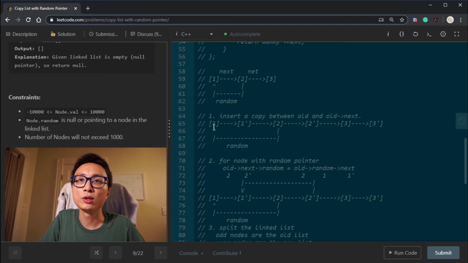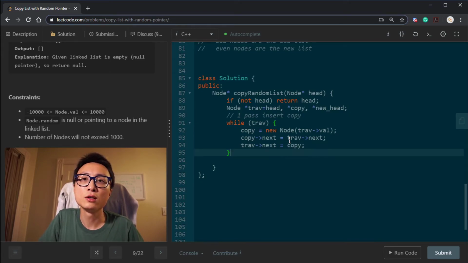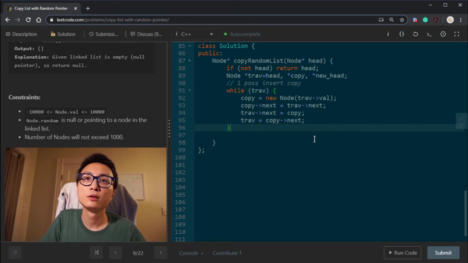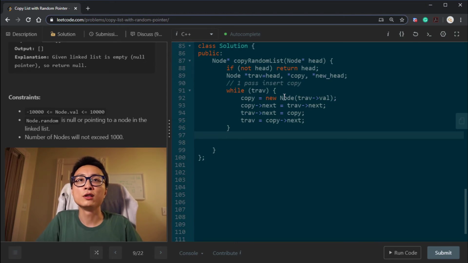And after that, we can have the old one point to this. So with this, we should be able to advance. We have to hop by 2 steps, or we can just hop to the copy node's next. So that's 1 pass to insert a copy of the old nodes.